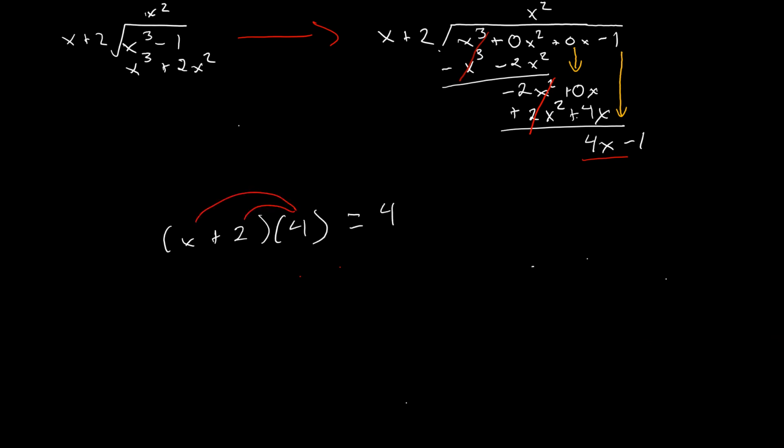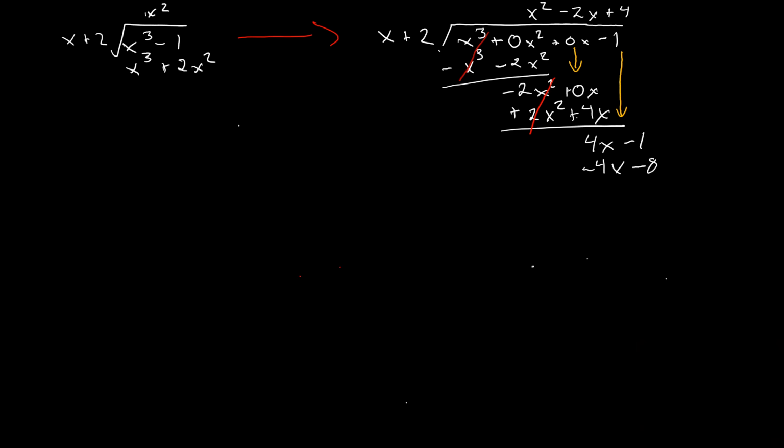This would give us 4x plus 8, which again, we just keep getting lucky, I guess. We have 4x and 4x. So now let's put in our term here, add our 4, and now here we'll have a minus 4x